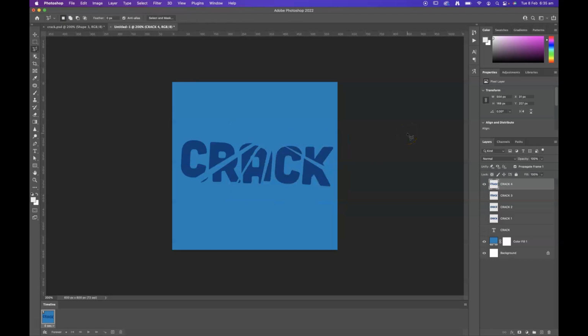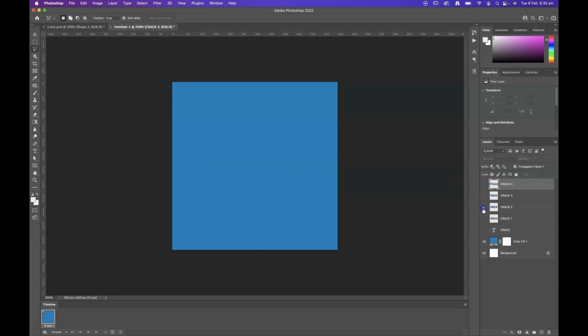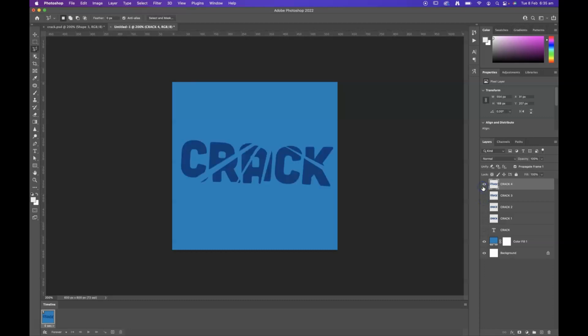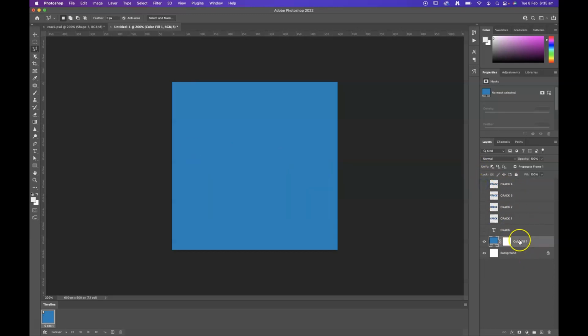How does that look? Kind of cool. So we're going to move through these frames to create that cracked animation, which I think is looking good so far. I do want to create a crack in the background as well, so I might make a bit of artwork for that. That's going to be sort of like a lightning bolt running through